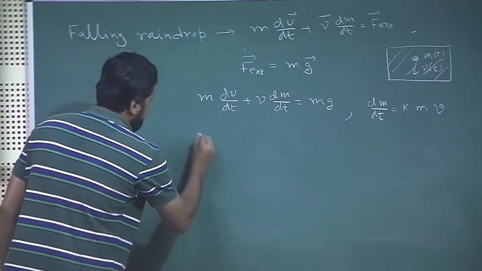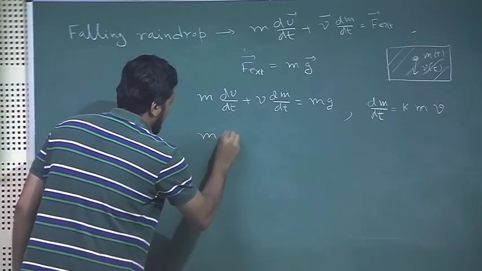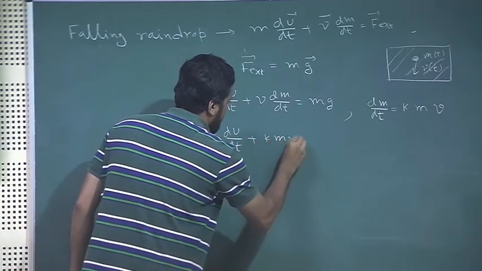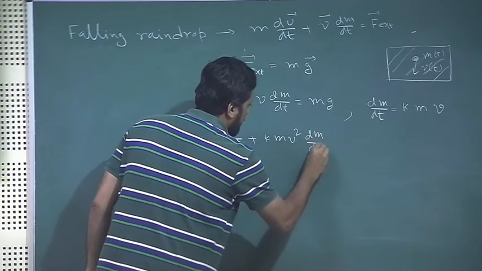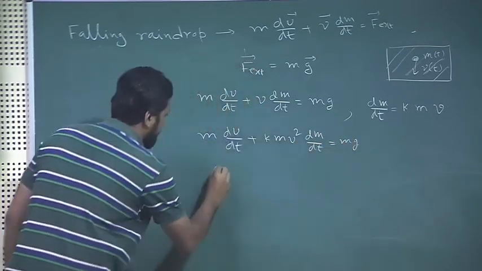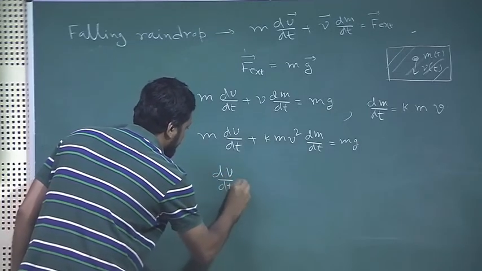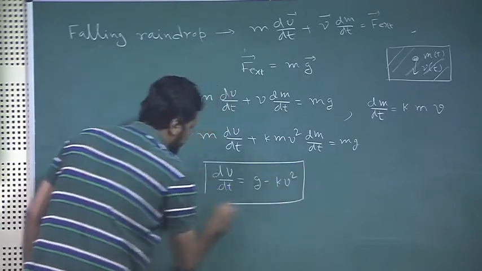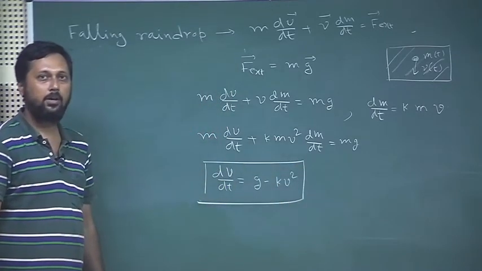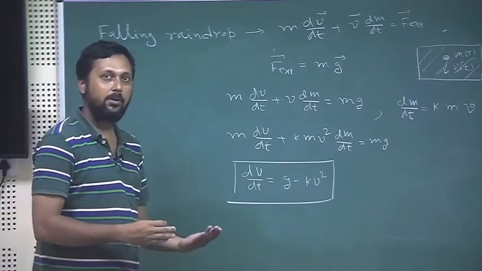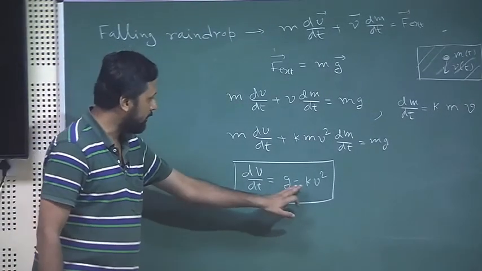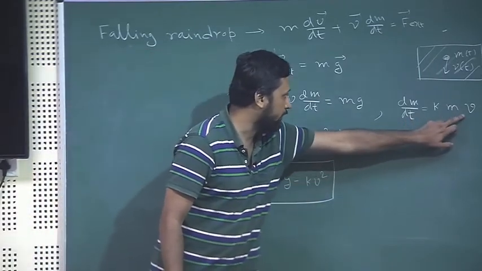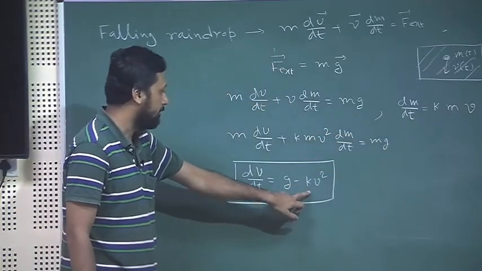So, if we plug this in, we have m dv/dt plus k m v squared equal to mg. Simplifying, we have dv/dt equal to g minus k v squared. So, this is the equation of motion we are looking for, and the second part is to get the terminal velocity. Although there is no resistive force here, because the mass change is a function of velocity, of mass and velocity itself,